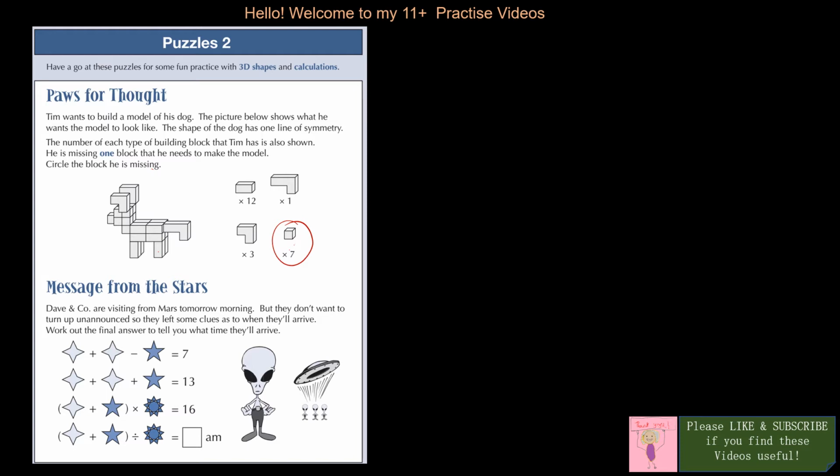The next question is Message from the Stars. Dave and company are visiting from Mars tomorrow morning, but they don't want to turn up unannounced, so they have left some clues as to when they'll arrive. Work out the final answer to tell you what time they'll arrive. Okay, so we have these pictures, these different shapes of stars and circle combined things that we have to use